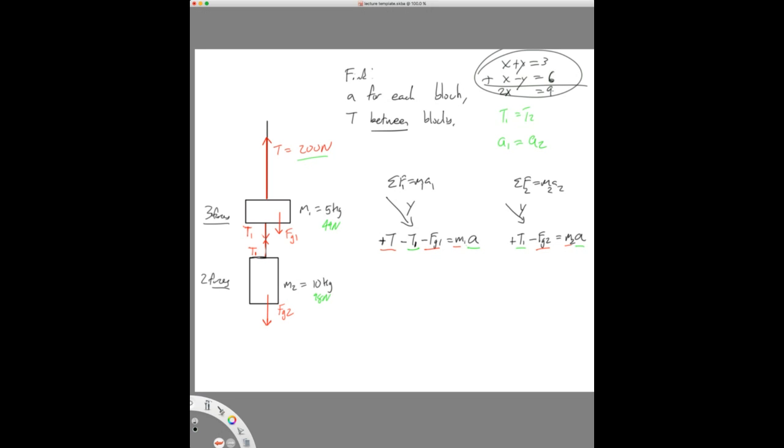is better. And the reason it's better is because we have minus T1 here and plus T1 there. And just like what Ziad saw with the y's, having a plus y and a minus y, if we add them, they will cancel. That's going to happen here as well. T1 minus FG2 equals M2A. What I do is I just stack the equations on top of each other, and then we see that